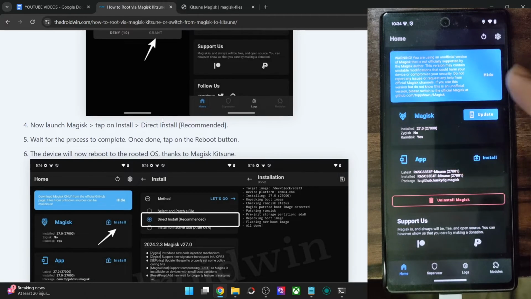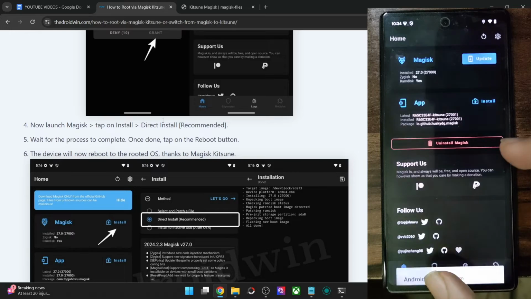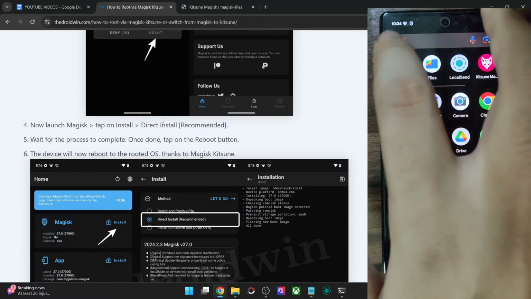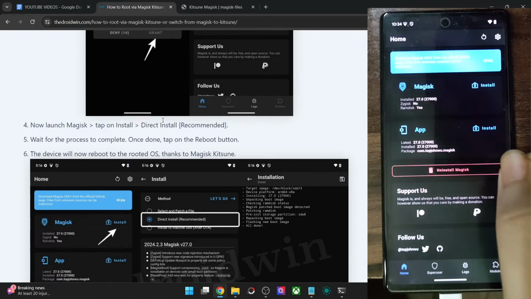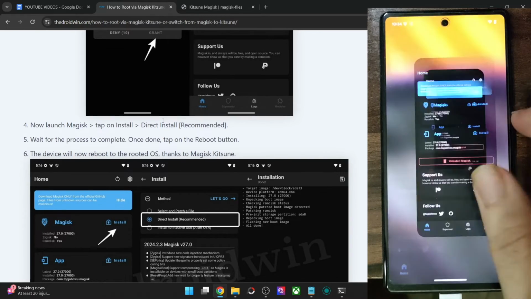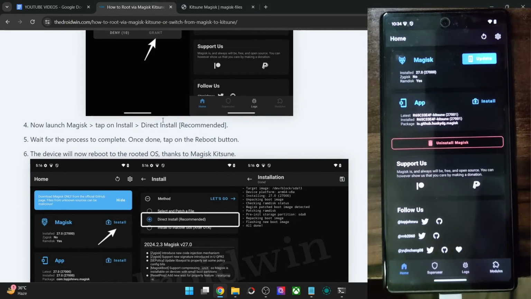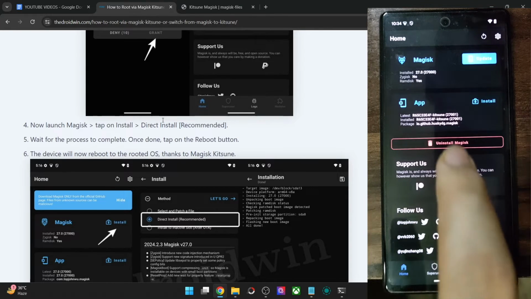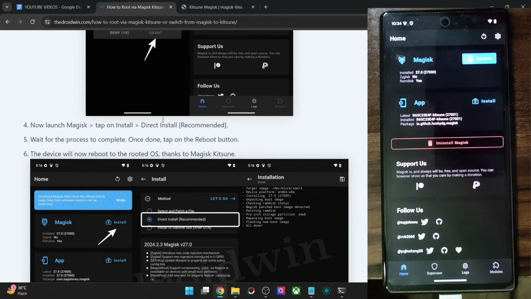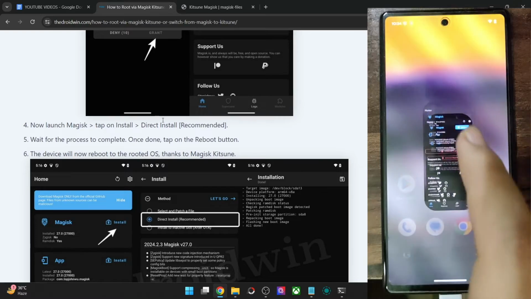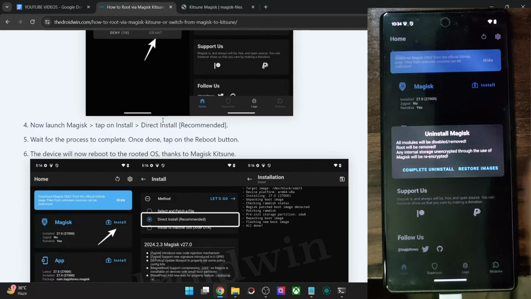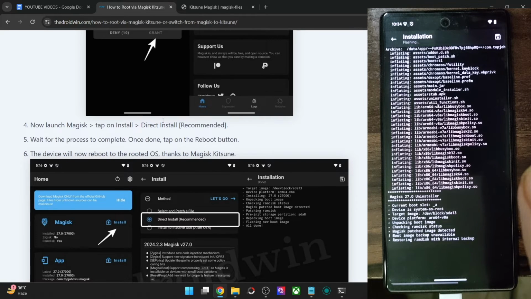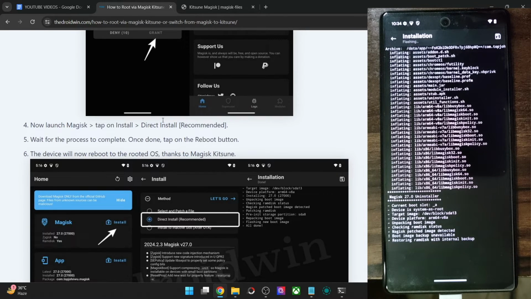And as you could see, the app is now installed onto our phone. Likewise, let's verify the result by the official Magisk app. So in the official Magisk app also we have the root. If you want, you can now remove the official Magisk app and keep the Magisk Kitsune app. So this is the Kitsune app. So I will have to perform one check. Let's see what happens if we uninstall the official Magisk app. So let me uninstall the official Magisk and then verify the result. So this is the first time I am doing this. So let's check what happens.